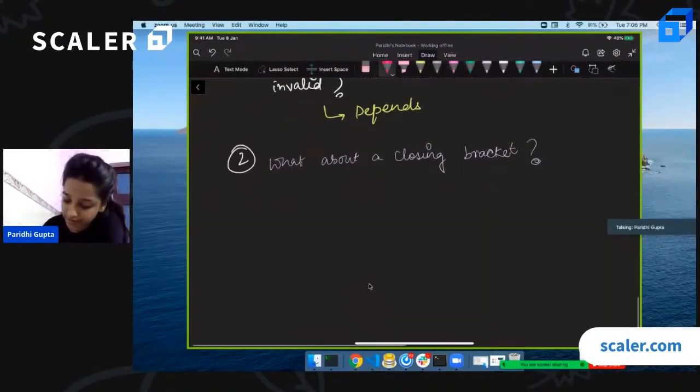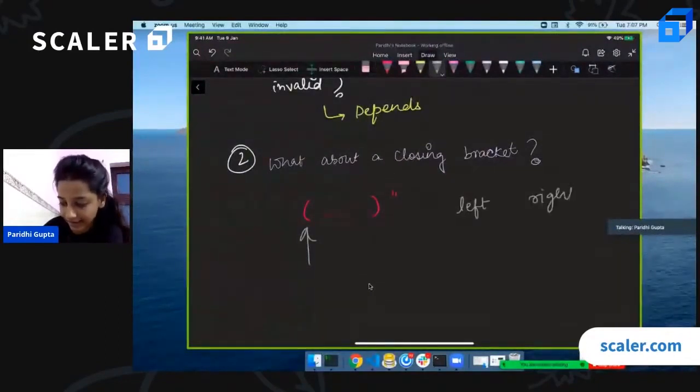Let's take a look at it like this. I can maintain a left and right count, both initialized to 0. Left tells the count of opening brackets and right tells the count of closing brackets.